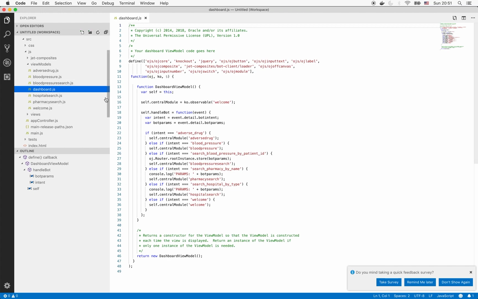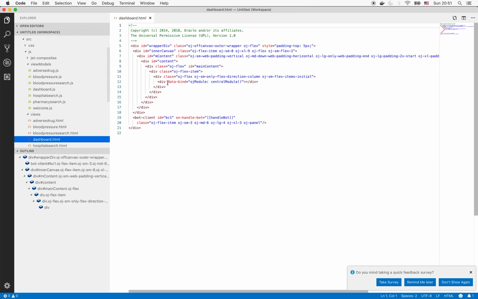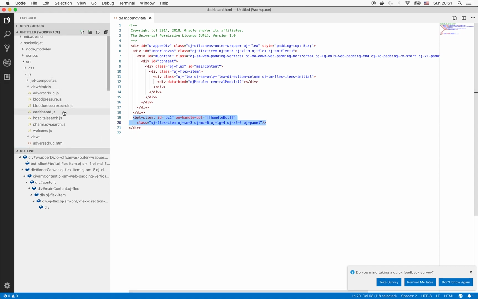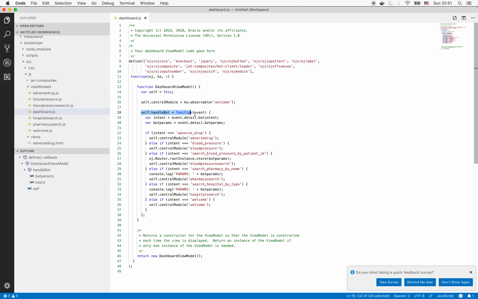So if I would go to the dashboard.js, I'd see that there's a handlebot method here. And if I would go to the dashboard.html, I would see that dashboard.html includes the web component bot client, the one that I was showing a few seconds before, and this web component provides an on handlebot method. Right, so this is the method handlebot, and each time a response is received from the bot, if the response contains a certain intent,